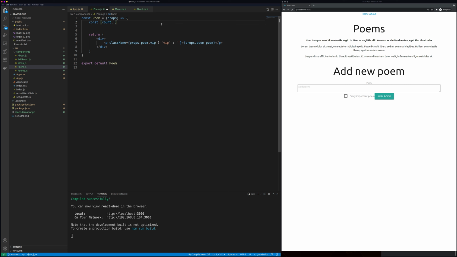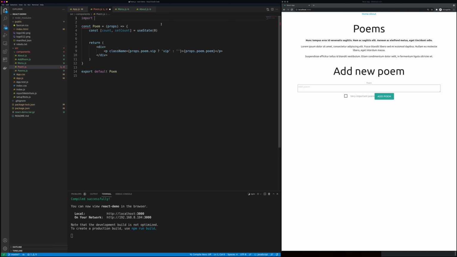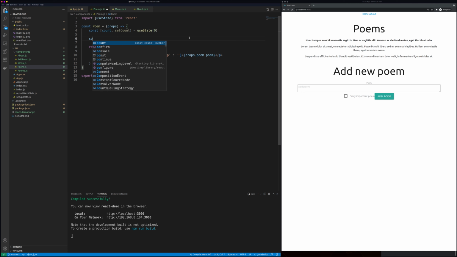Let's call it just count, and then we have this set count, and we are using useState, and this is an integer value, and of course we need to import it from React like this. So now we have the counter and the method to set the count, and then let's build a function